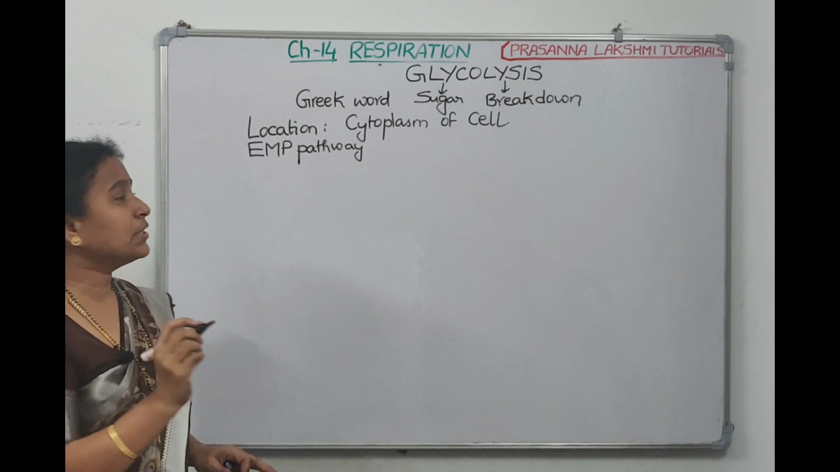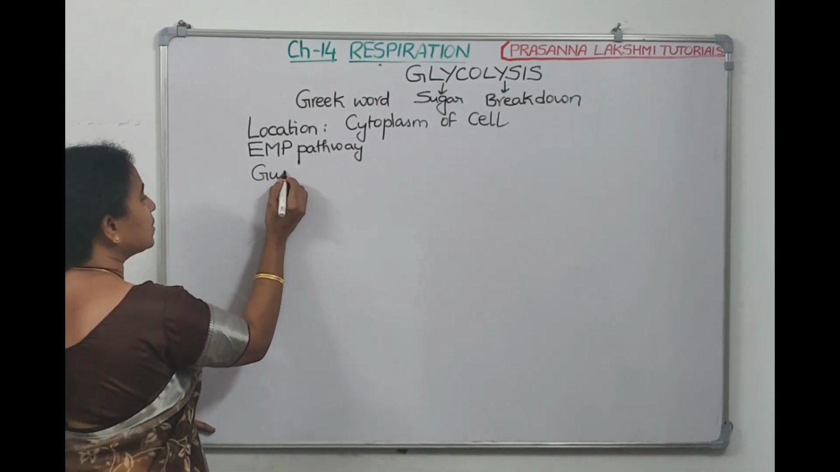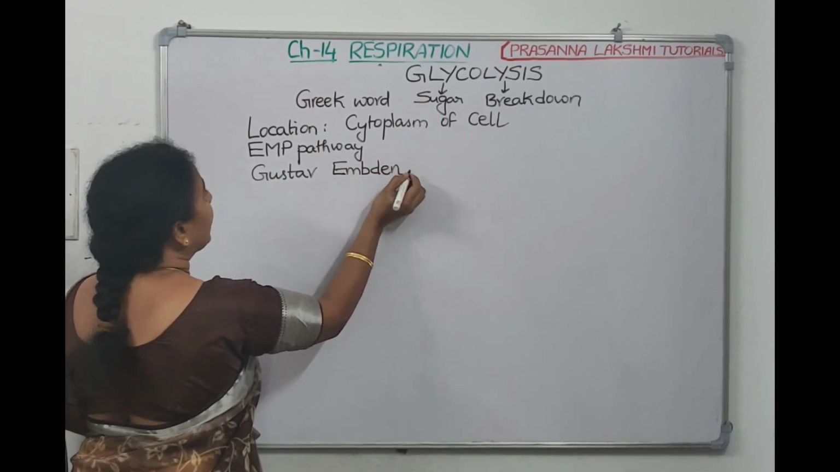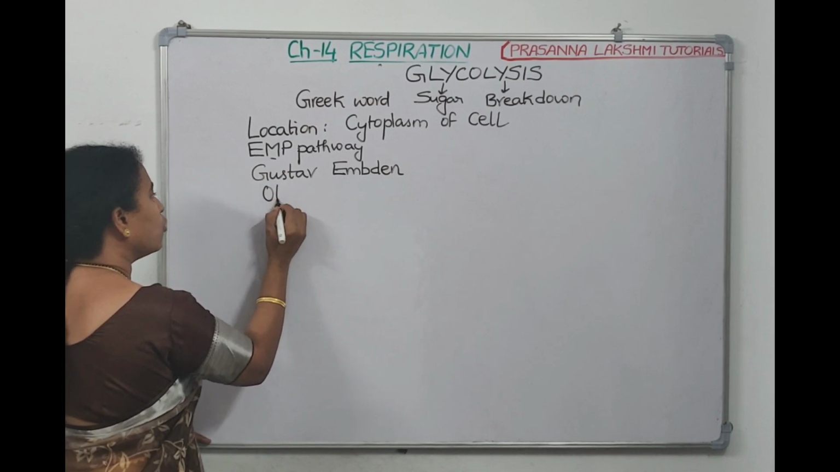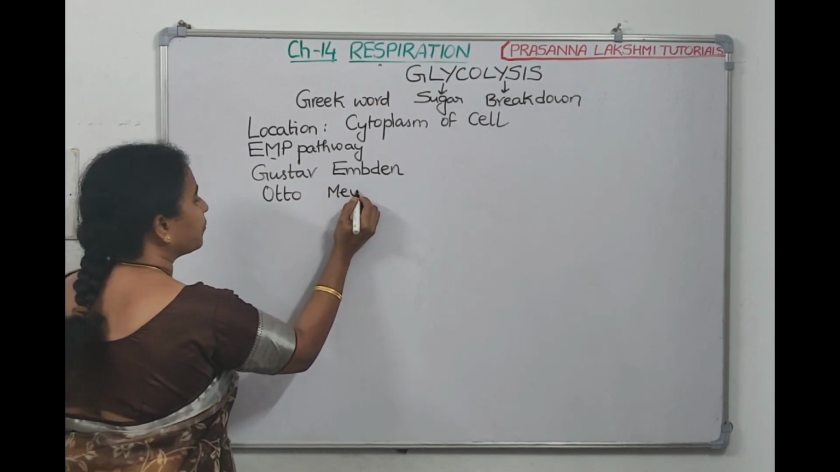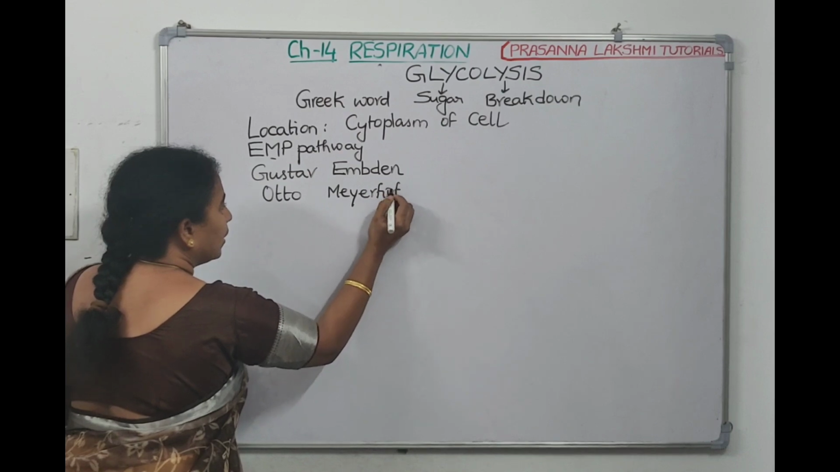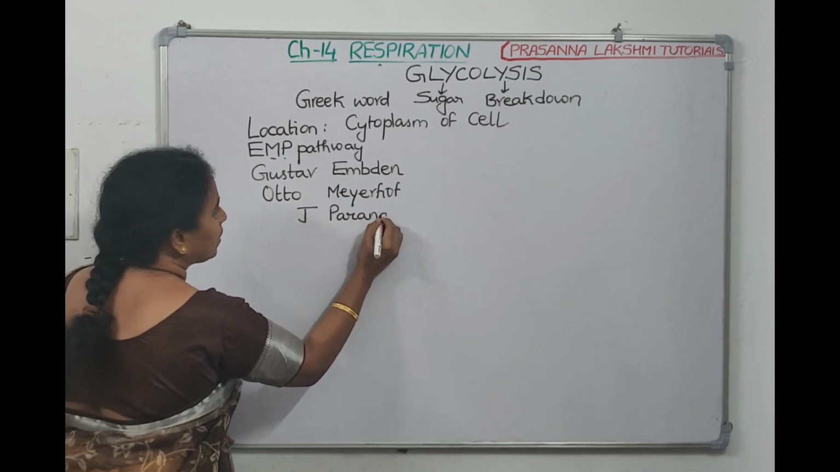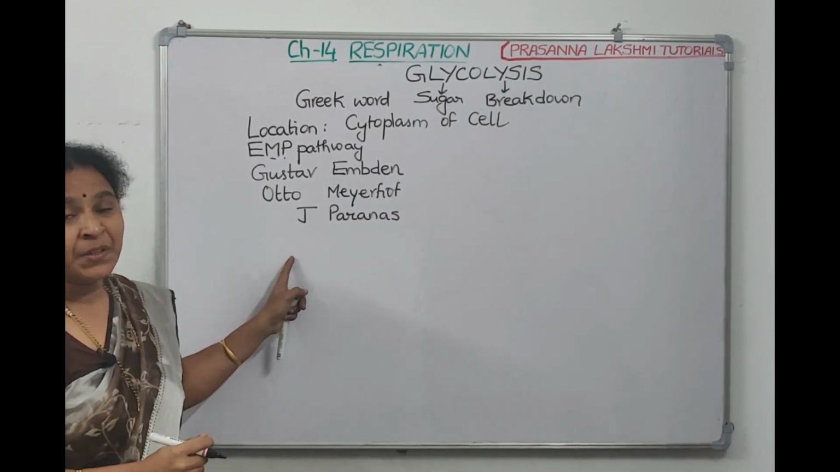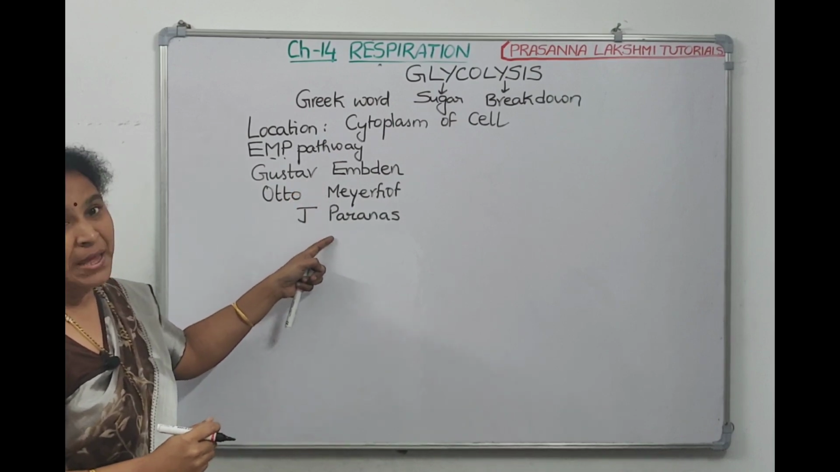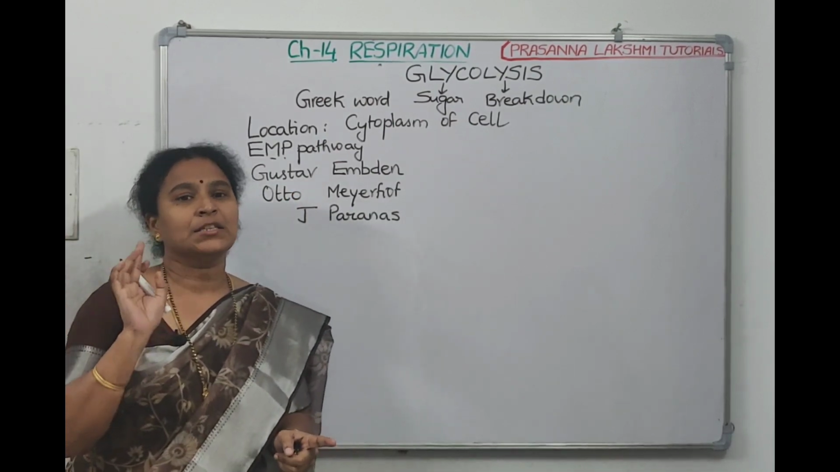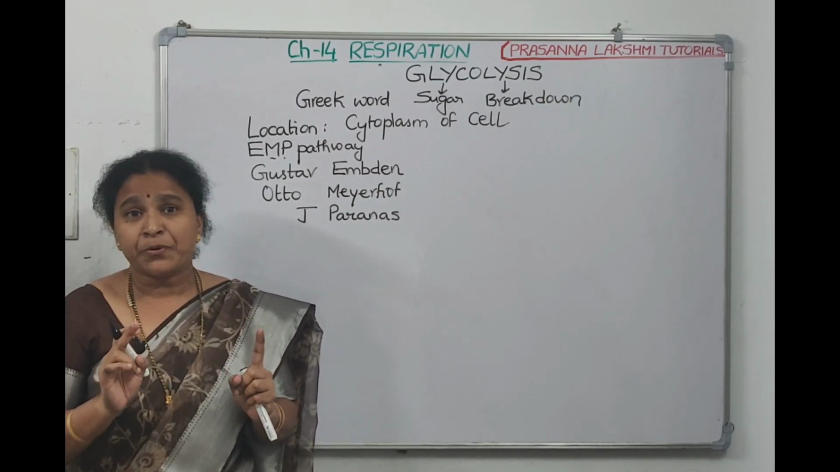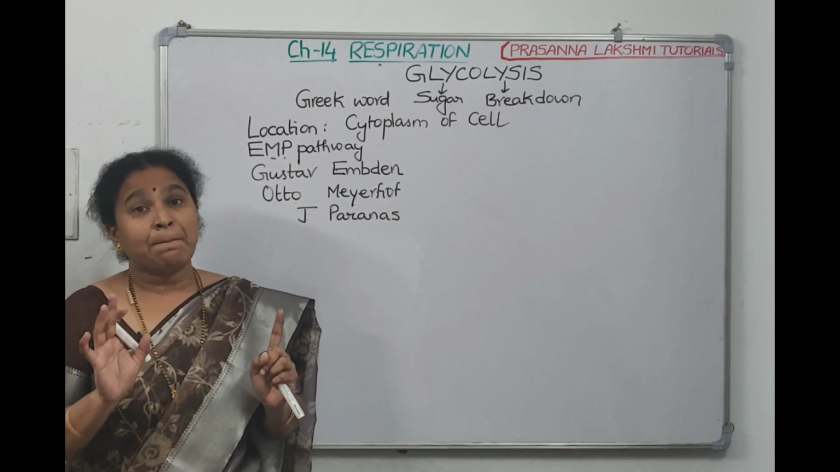What are the names of the scientists? The first scientist name is Gustav Embden. And the second scientist name is Otto Meyerhof. And the third scientist name is J. Parnas. After these scientists' names, it is called as EMP pathway, Embden-Meyerhof-Parnas pathway, right? So now what happens in glycolysis means it is the process of breakdown of glucose, partial oxidation